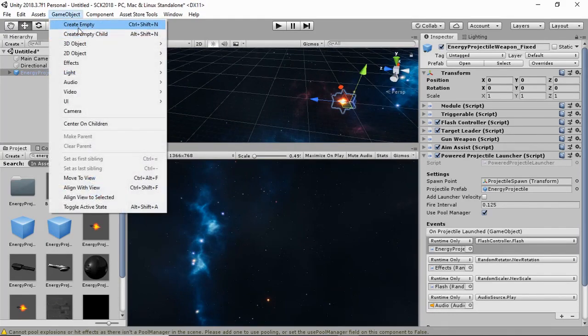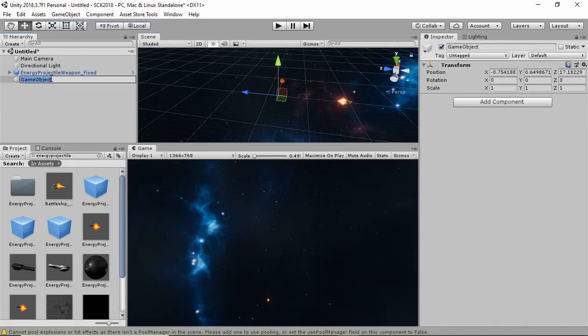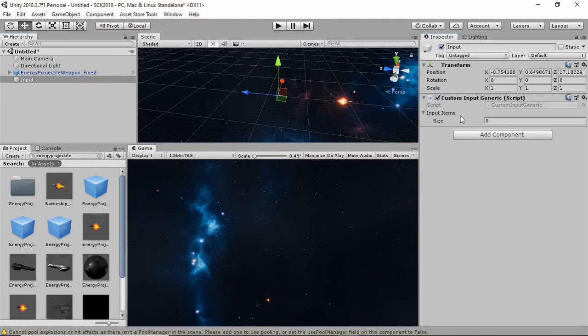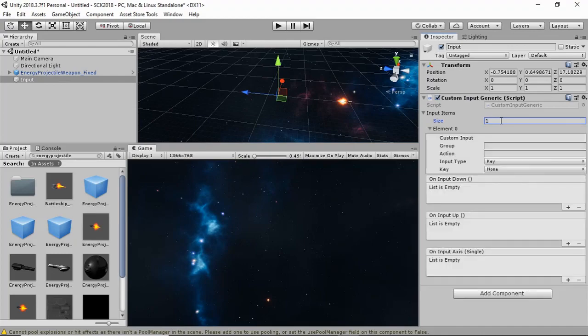And then we'll create a new game object, call it input, add a custom input generic component, add an input item, and what this allows you to do is get input and to call functions when you press input down, when you release it, and when an axis is changed. So in this case, we're going to make this a mouse button 0,